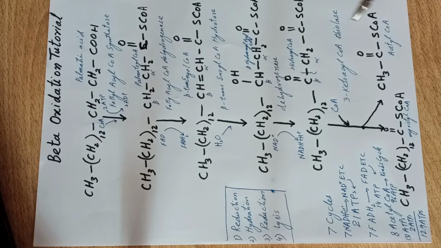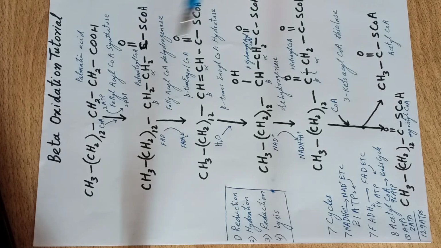Why is this the ketoacyl form of the fatty acid? Because it contains a keto group. The cleavage takes place in the next reaction by 3-ketoacyl CoA thiolase at the beta carbon, and one molecule of acetyl CoA is produced, and a 2 carbon shorter fatty acid is produced, which is known as myristoyl CoA. In every reaction, the oxidation takes place at the beta carbon. That's why it is known as beta oxidation of fatty acid.